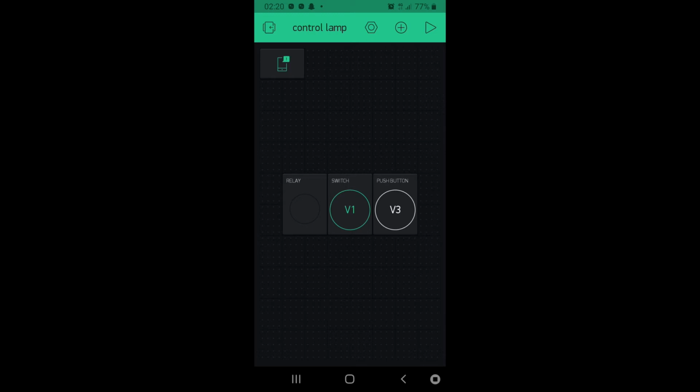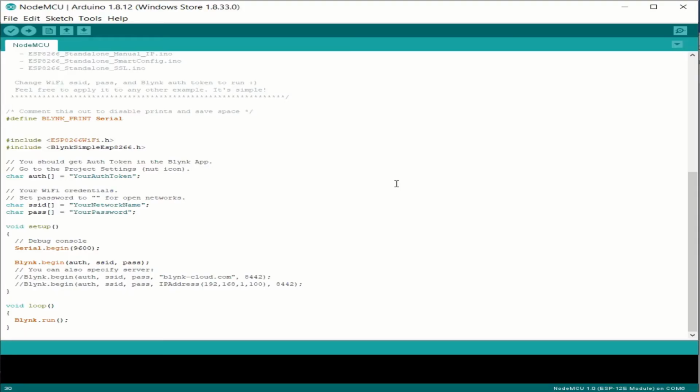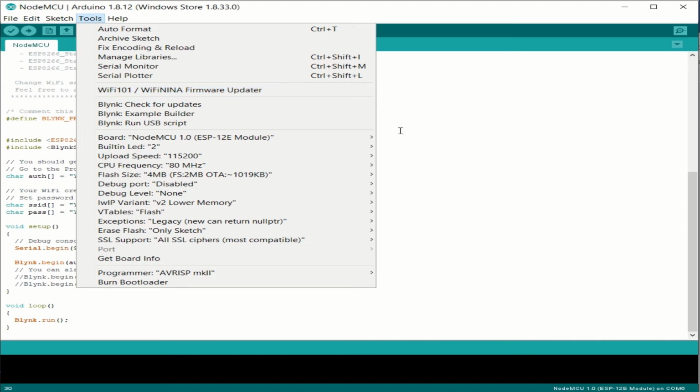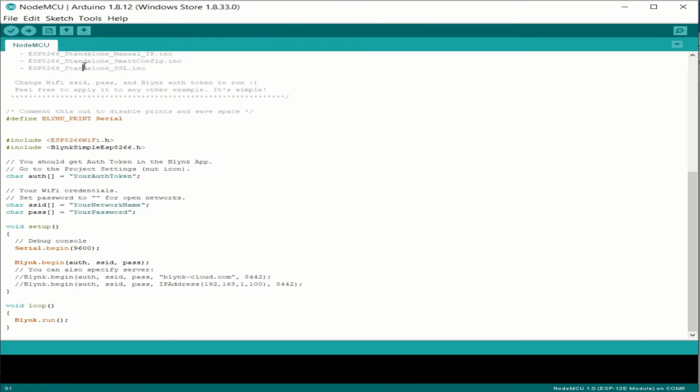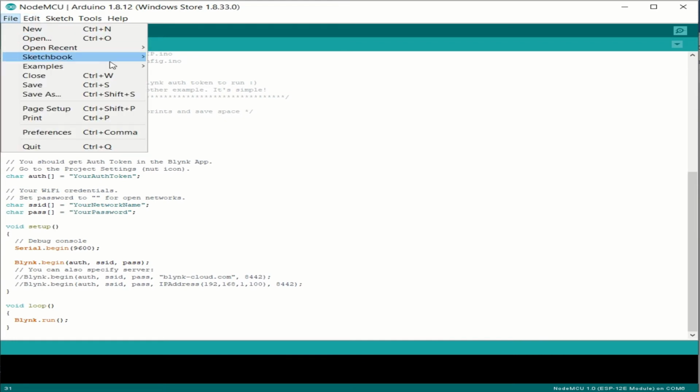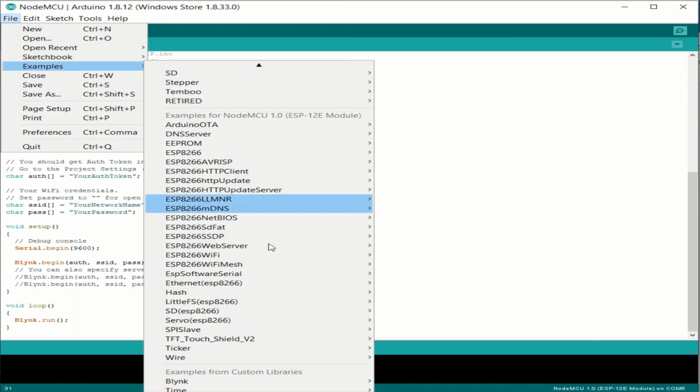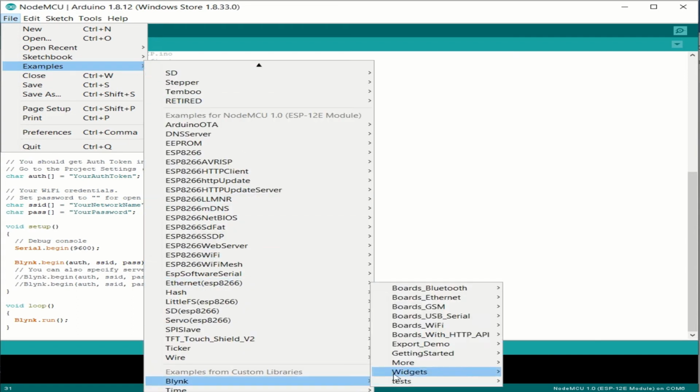Next, let's move to the coding. For coding, first of all, we need to open Arduino IDE. Now, let's go to the tools, board, and select NodeMCU 1.0 as board manager. Next, go to the file, example, Blynk, boards WiFi,